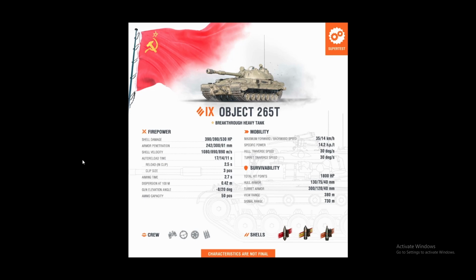So it's going to have 390 alpha, standard. Its penetration is actually okay: 242 standard AP, 300 HEAT gold penetration. That's all right. And interestingly, it actually has decent HE penetration, 61 millimeters with 530 alpha. It's actually quite nice for the HE. Obviously, because it is an auto loader, you don't particularly ever want to be loading HE. However, the opportunity is there if you ever find a FV405 or a Grille that you may want to just